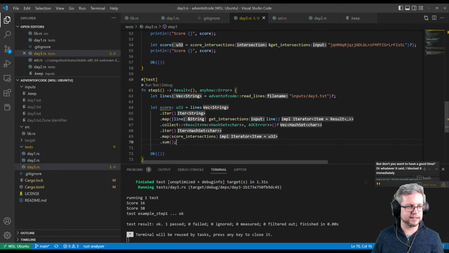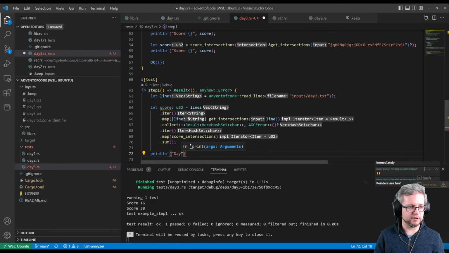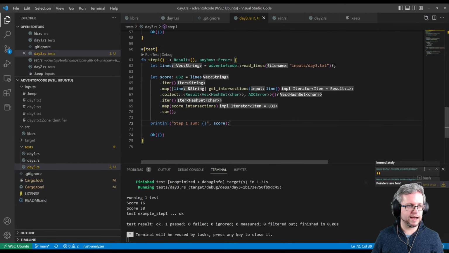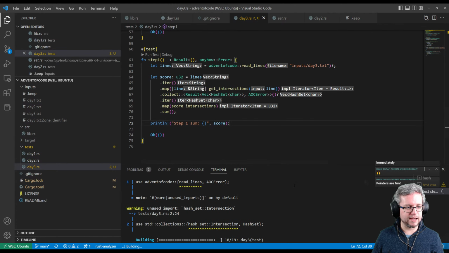So we're essentially saying this unsigned 32 type is the sum of a bunch of unsigned 32s, and again we probably might get, well, we could get an overflow. It's unlikely. So that should be our day one. Step one sum is this, and we print out the score and we run it, and we get our number out,